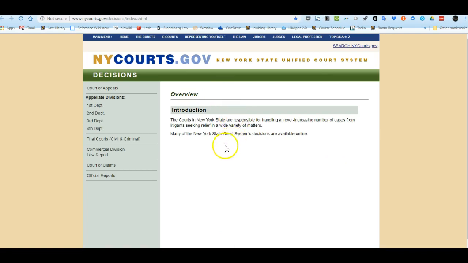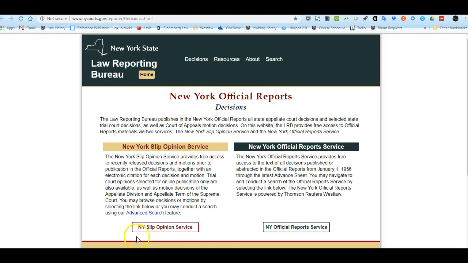And here's an example of just going to the overall decisions for New York courts. We can take a look at official reports. We can take a look at slip opinions. And this is a site we actually looked at last time. And again, this is just an example of going to a particular state court to find a particular decision, which is most of the time how you would use this, why you would go to a court looking for a